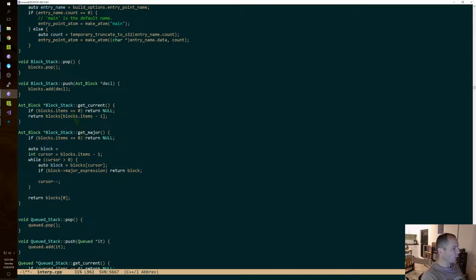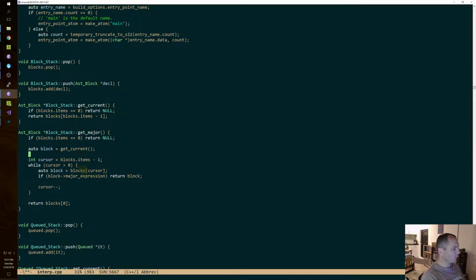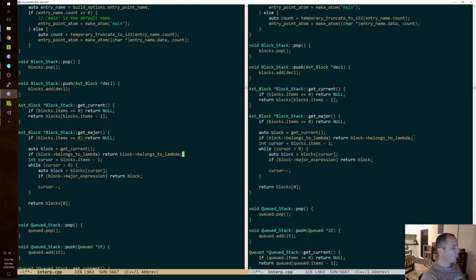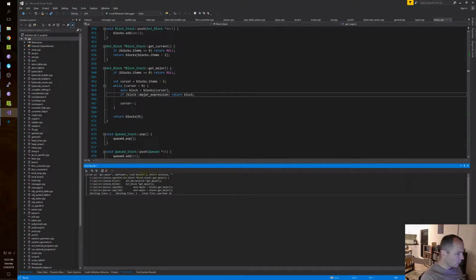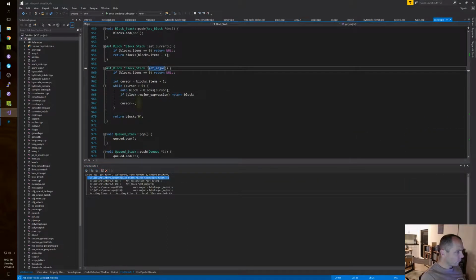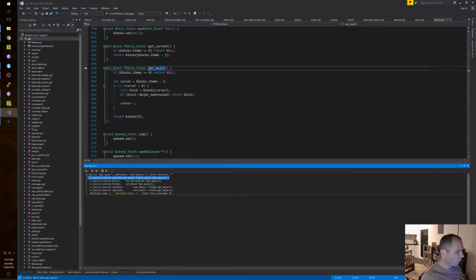Auto block is get current. If block belongs to lambda, return block belongs to lambda. Like what? Okay, what do I even want this for? Get major. Who calls it? It's called twice.